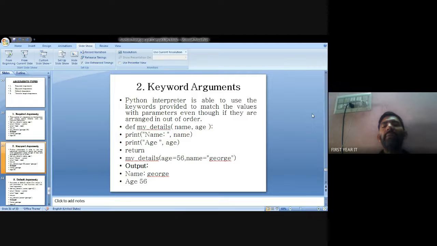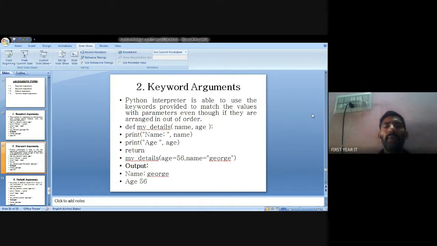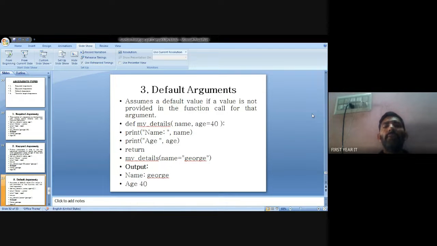Age and name equal to, that is called keywords. In the previous problem, you defined my details George comma 56, with no keywords declared, but in this argument passing, age equal to 56, name equal to George, that represents the keywords age and name. You understood?